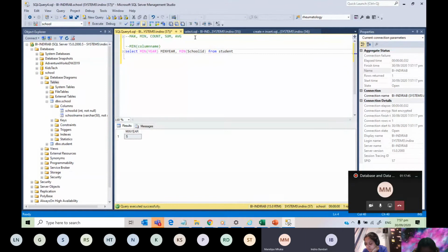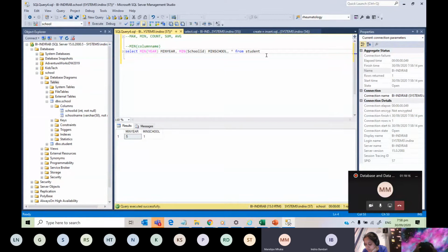Close the brackets, and I want to give a name as min school. Okay. So what will be the answer? So you will get 2 columns because we have specified 2 columns. Okay, now when you are using these functions, can you give this comma and star? Can you give this comma and star?